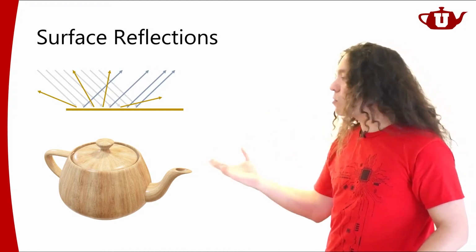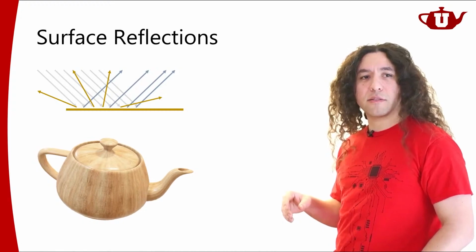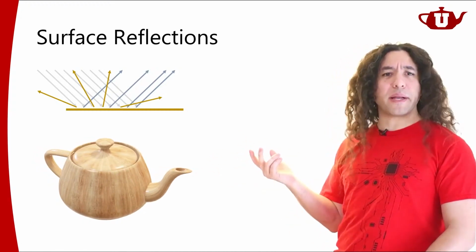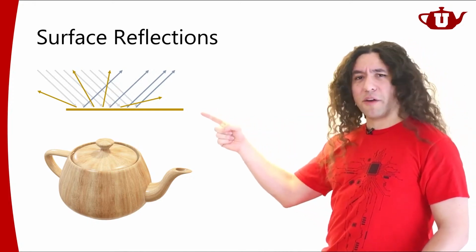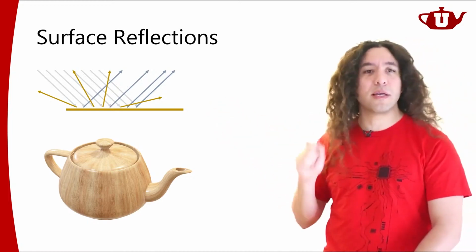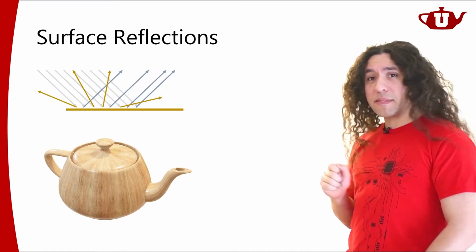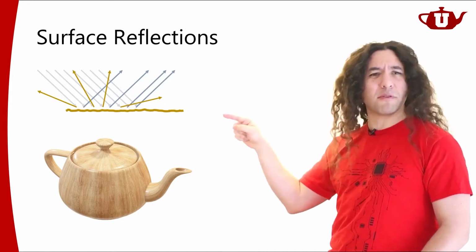So we see some diffuse color on the surface, but we also see some specular reflections, right? And why is that happening? Now that would happen because this surface is not perfectly smooth. If the surface is perfectly smooth, that's not what's going to happen, right? This happens if there is some roughness to that surface, but it's maybe not that rough.